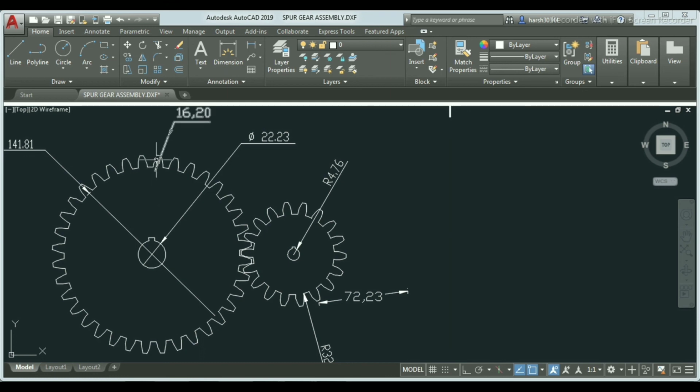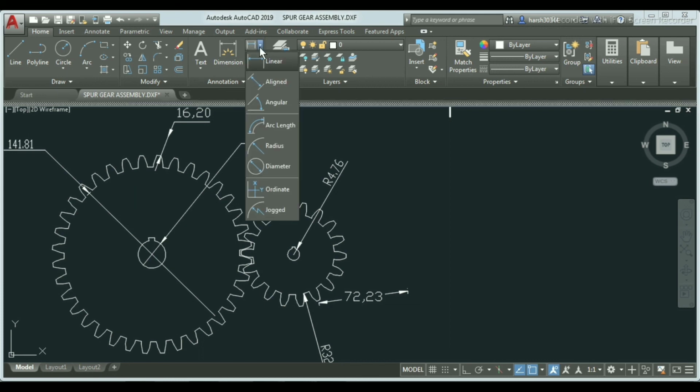From here to here I have given the dimension size. You can also give the dimension from this point to this point. Or you can give the dimensions here also.